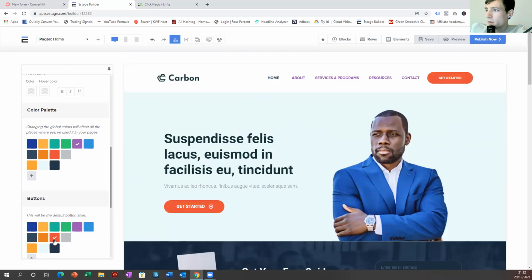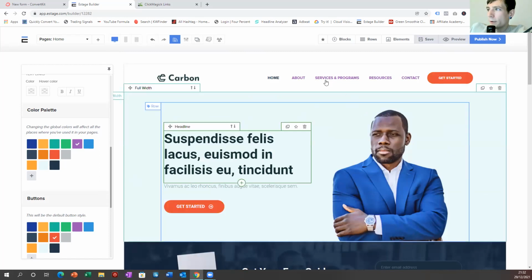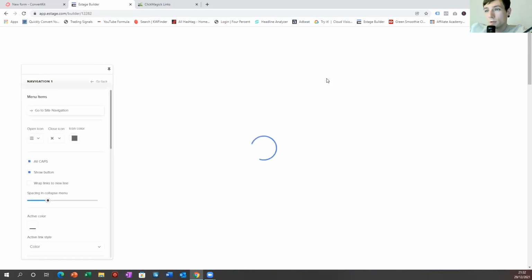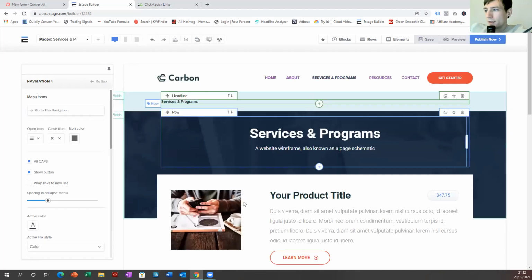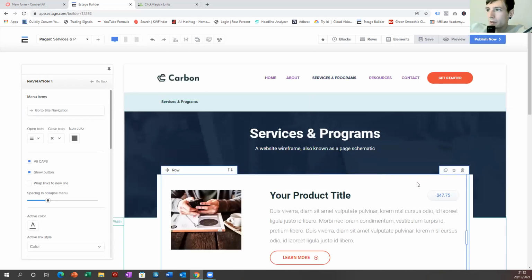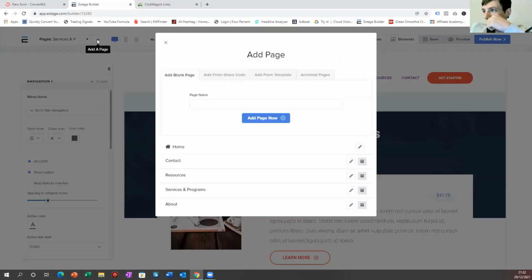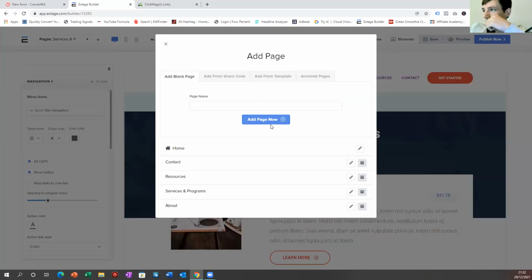We could change the buttons to red, so like a purple red sort of thing, and then you'll see that it changes it throughout, which is really, really cool. Now, without getting into the details of all this here, everything on here is completely customizable. So I'll just share with you here. I'm going to go to, let's see, add from a template.